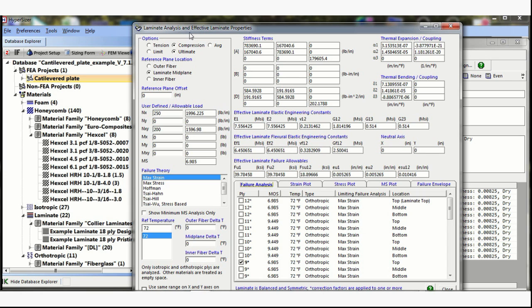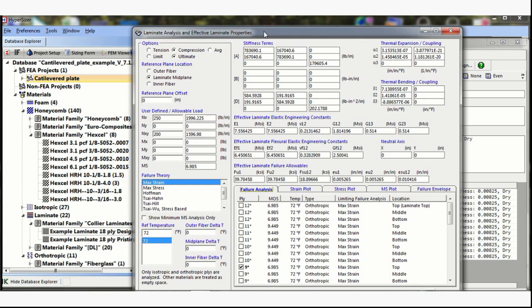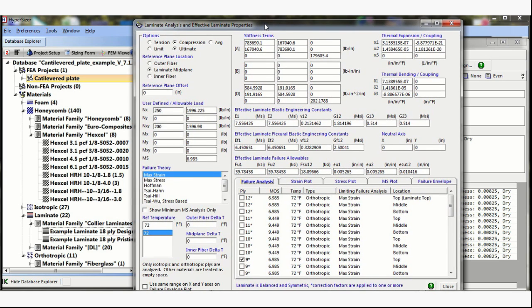So the whole point of this very short tutorial is to say, hey, HyperSizer does have a laminate analysis form. It's under the material properties form for the laminates, and it's a standalone. It doesn't integrate with the main analysis. And as I said, my primary comment is, hey, this is really what I want to see when I do my analysis. This is maybe a little slightly different to what we have here, because we're doing a ply-by-ply analysis, but